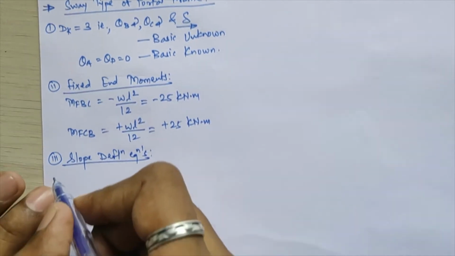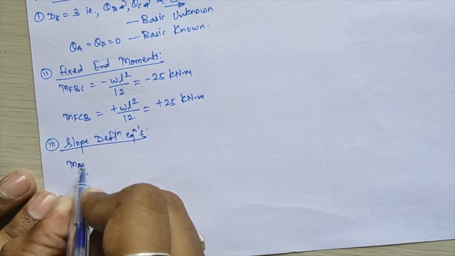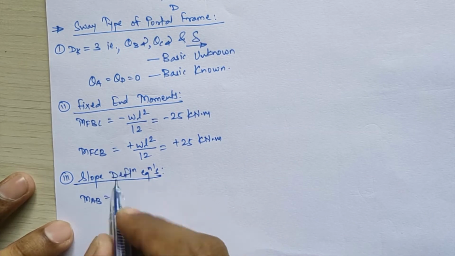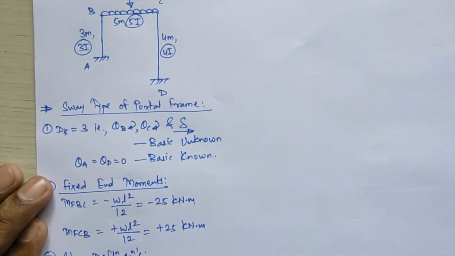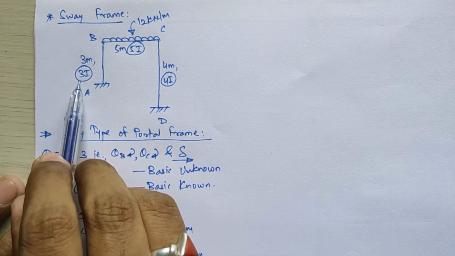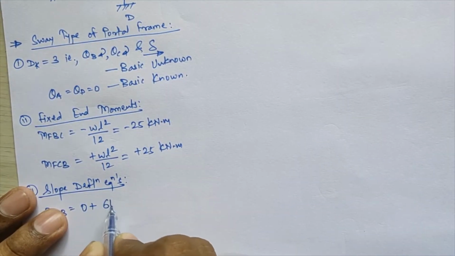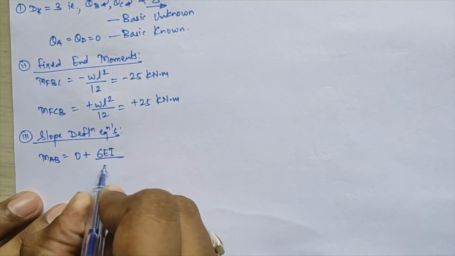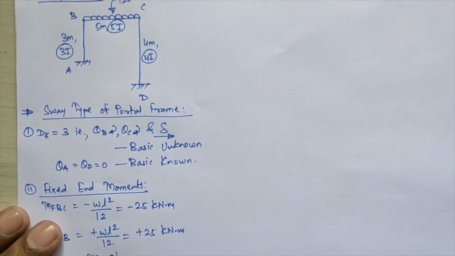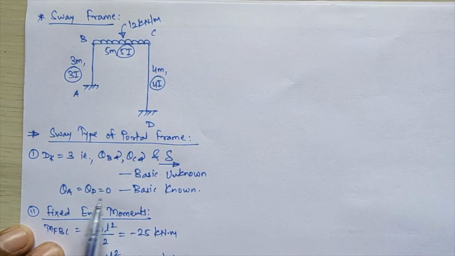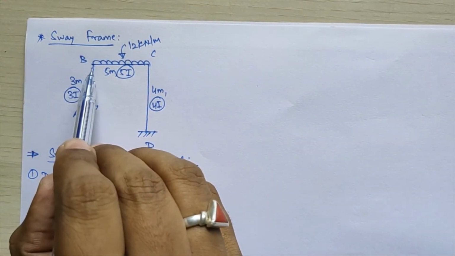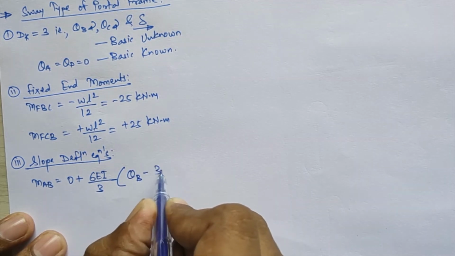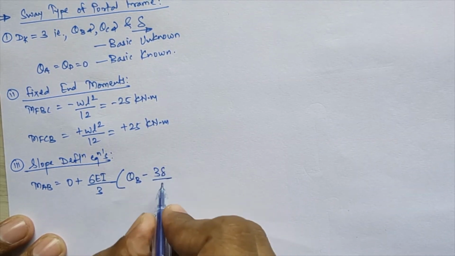Then we'll move to our next step, that is slope deflection equations. We'll start with the first equation, that is MAB. MF AB is coming 0 over here, so I'm writing 0 plus 2EI upon L, but I value is given as 3I, so that will become 2 into 3, it will become 6EI divided by length of member AB, which is 3, into bracket near end rotation 2 times theta A, but theta A is 0 here, so that will become 0. Far end rotation theta B, minus 3 times delta upon L. L is again 3.